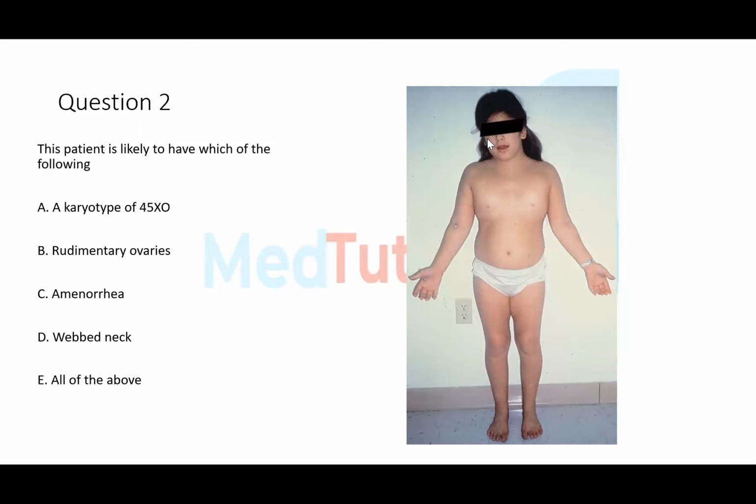Okay, so question 2 is telling us about this patient. The question says, this patient is likely to have which of the following? A says karyotype 45XO. B says rudimentary ovaries. C is amenorrhea. D is web neck. E is all of the above. So looking at this patient, this is a classical picture of a patient that has monosomy. Monosomy, and the prototypical manifestation of monosomy is